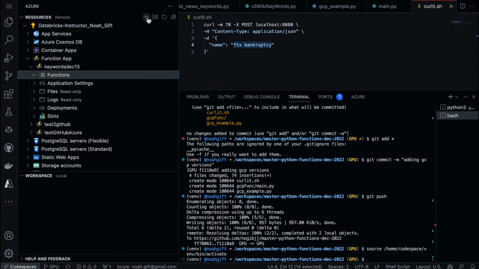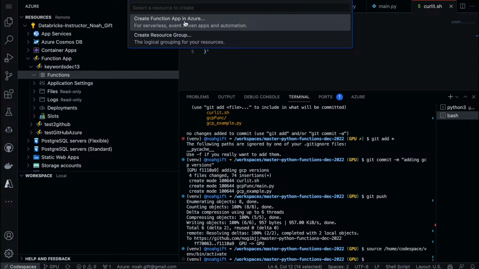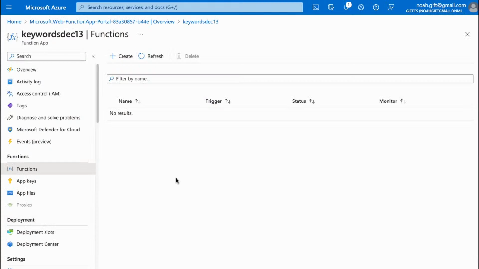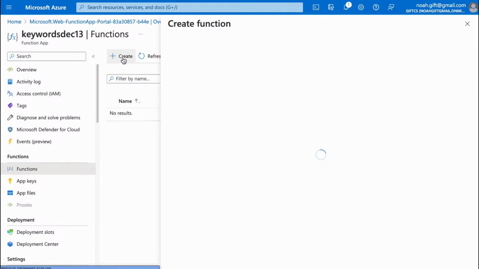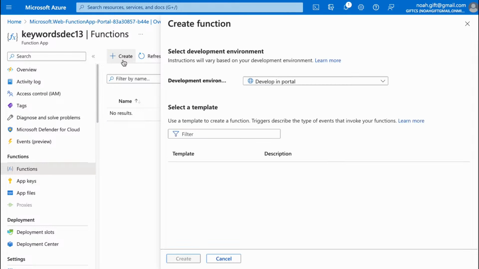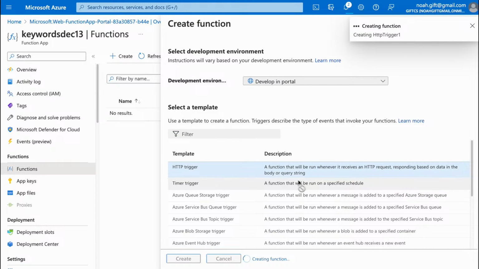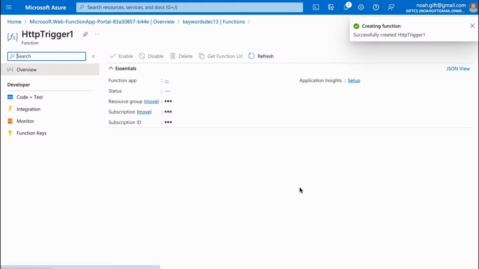Let's see if we say plus, create function app in Azure for serverless. I don't know if it's that one or whether you create it here in the portal. Or here we go, HTTP. I guess I could just start with this and I could always pull it back in.